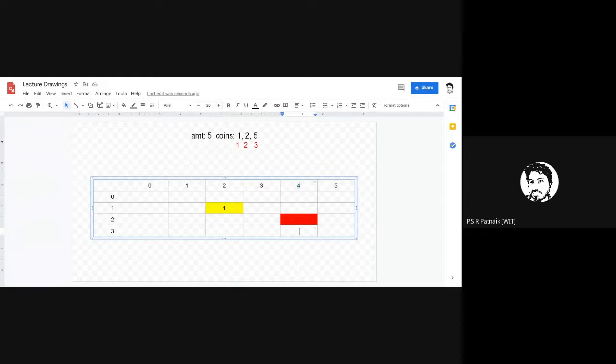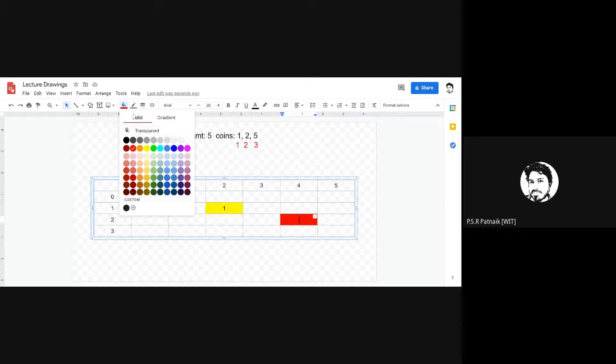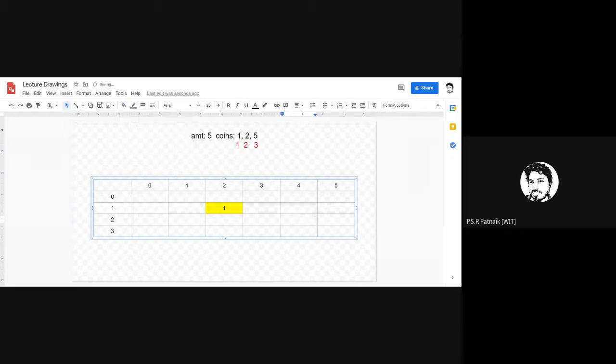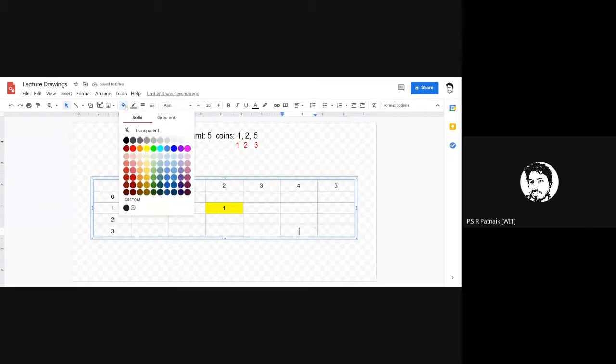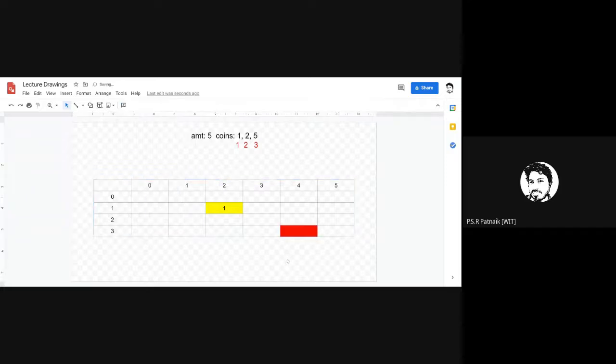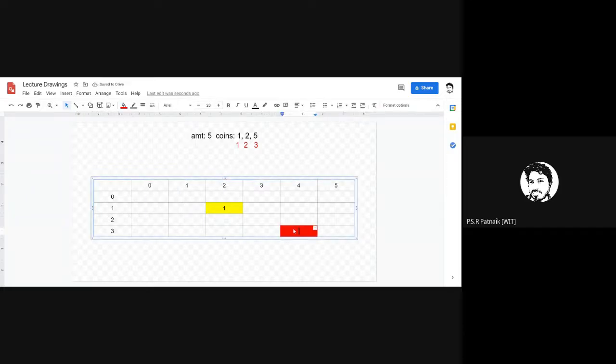Now if I move this highlighting to the bottom cell, what is this indicating? The number of ways I can realize an amount of value 4 by using all the coins till index 3.